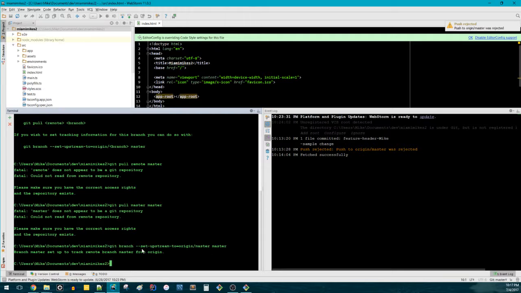So git branch set upstream to origin master. Basically, this is saying, hey, push to this branch of the remote repo, right? And we're looking at this branch. So push this branch to that branch, basically. Branch master set up to track remote branch master from origin. So now it knows what branch to push from which branch. So if I do a git push,